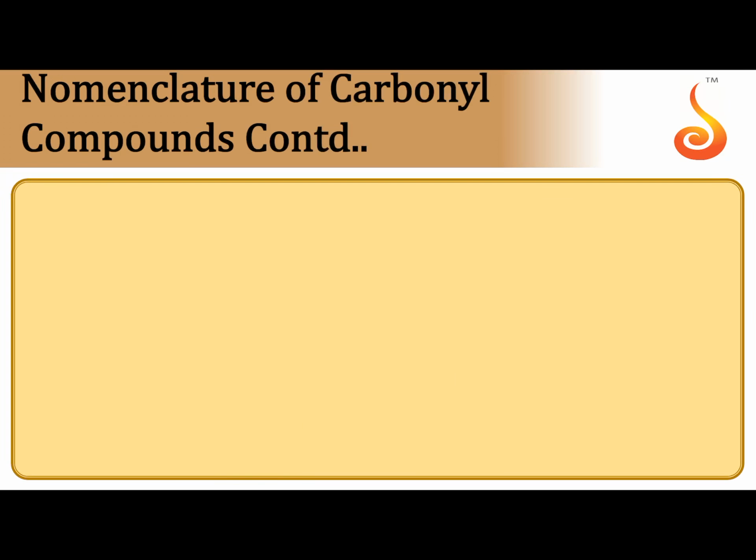Nomenclature of aldehydes and ketones in brief. RCHO is aldehyde, RCOR is ketone. You select the main carbon chain including the carbon of the CO. Root word is alk, primary suffix may be ane, ene or yne. Secondary suffix is al. So the carbon present in the CHO group gets number 1. Coming to ketones, including the carbon of the CO, you have to select the main carbon chain so that the carbon of the CO gets the lowest locant.